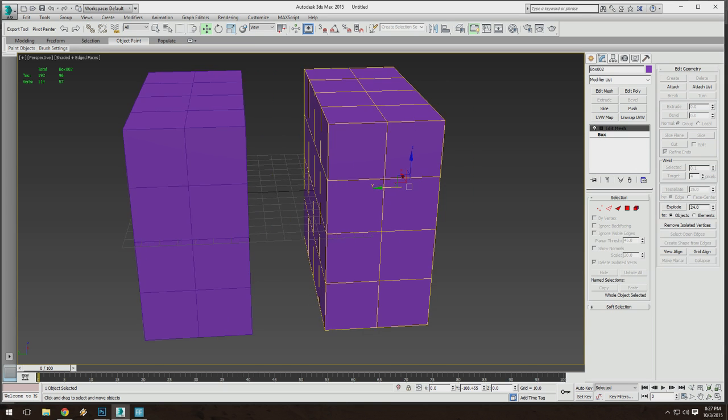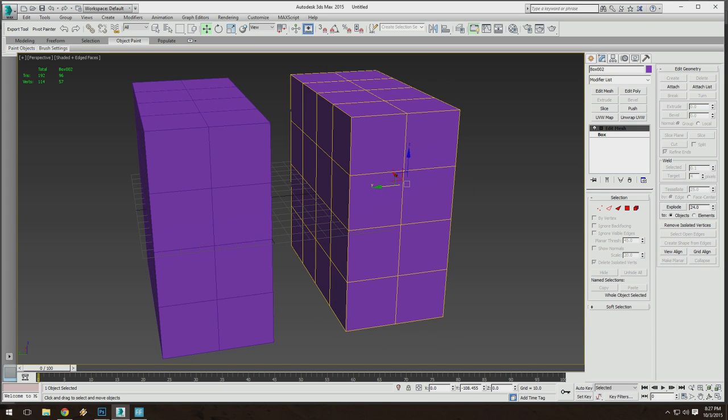So now it's an instance, and as you can see, if you look at the way this looks here on the modifier tab, the letters got bold. The letters that say edit mesh here in box, they're bold. So whenever you see these bold letters,